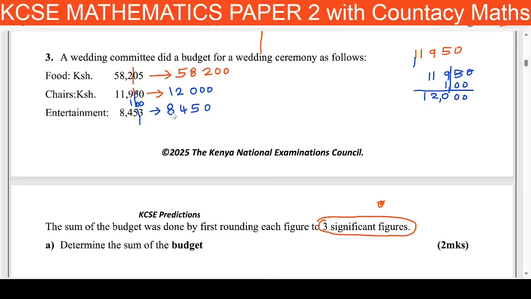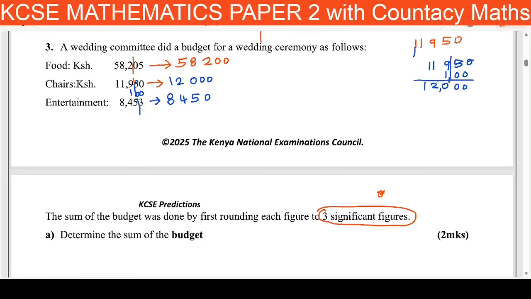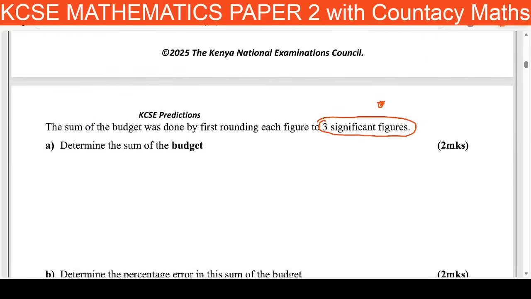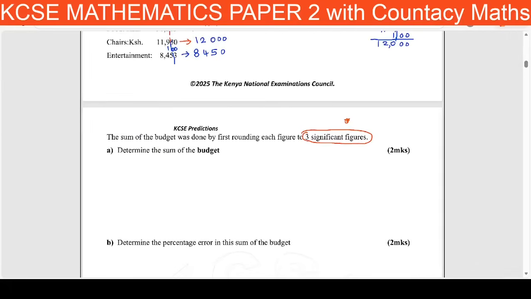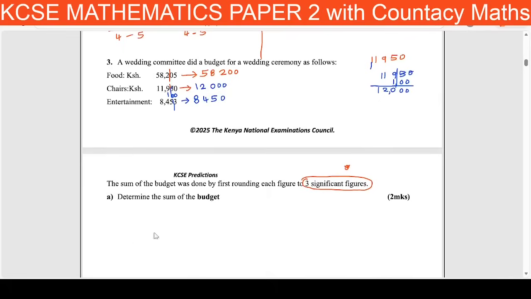So we have 3 significant figures, this one, and this one. 0 becomes insignificant like that. So let's go ahead and see what the question is telling us to do. The question is telling us to determine the sum of the budget. So the sum of the budget becomes then